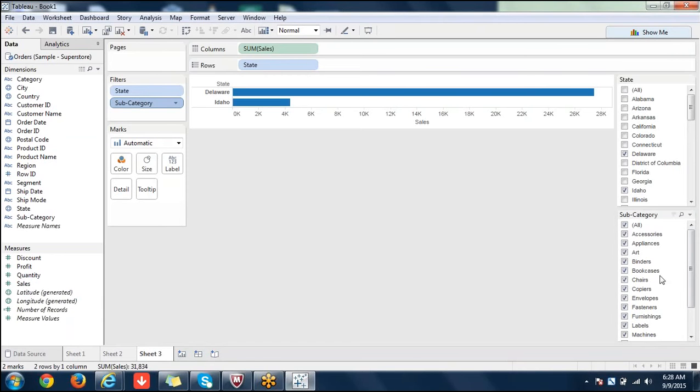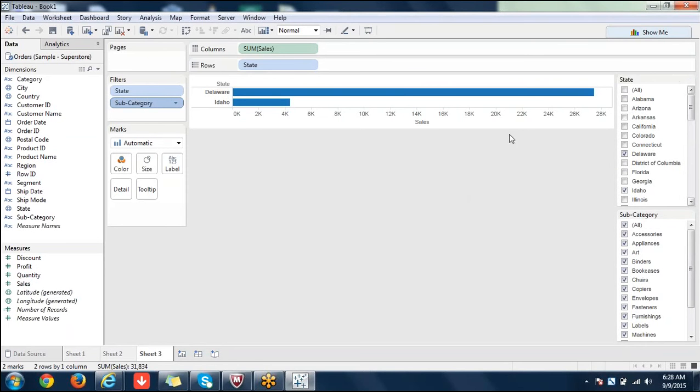Whereas when there is a relation, it will be filtered, just like region and state. This is cascading, and this is the difference between cascading filter and context filter. When there is a relation, context filter and cascading filter are absolutely the same. When there is no relation between them, then there is a big difference. It's only a look and feel difference again.